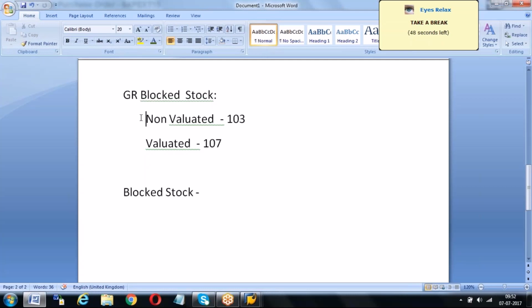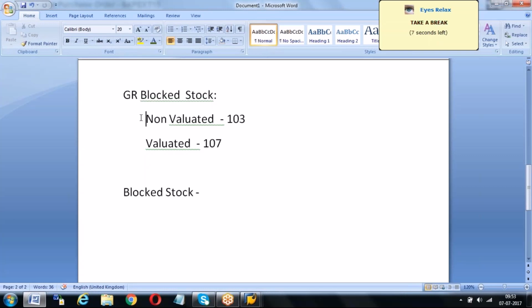Then 103 will be GR blocked stock, which doesn't have accounting entries. You won't get any accounting entries. It's non-validated, and you won't get this stock in any of your planning. If you plan any of your activities, it won't be visible. You will talk to the vendor, and the vendor will send a person. They will check, open the bag, and everything is fine. Then you agree that yes, the material is fine, that whatever liquid was there is from another material, nothing happened. Then you will do 105. Then the system will give accounting entries: BSX debit, GRIR credit.